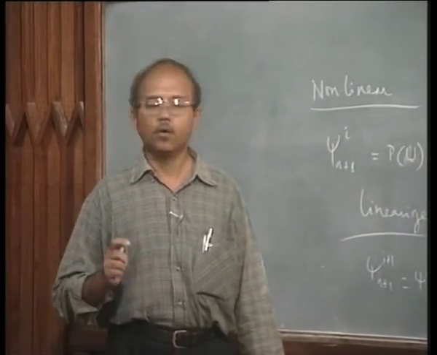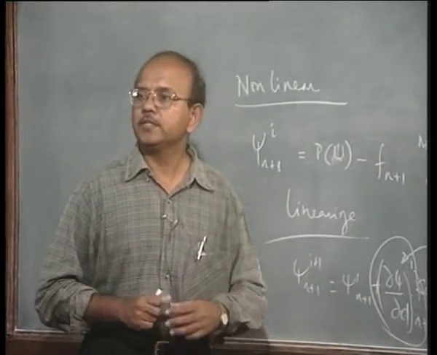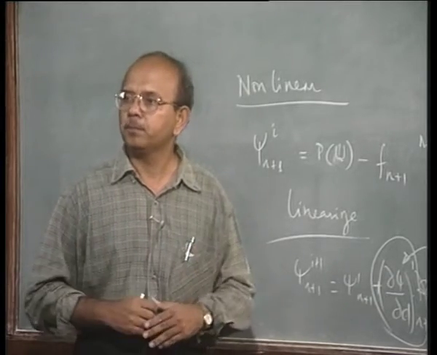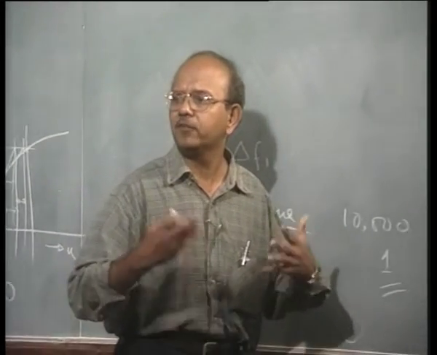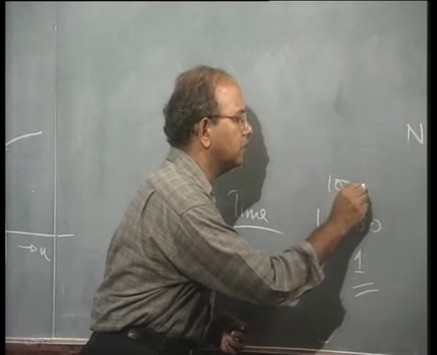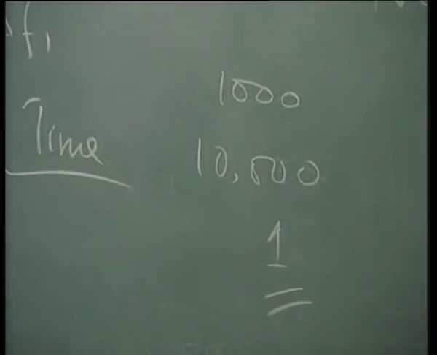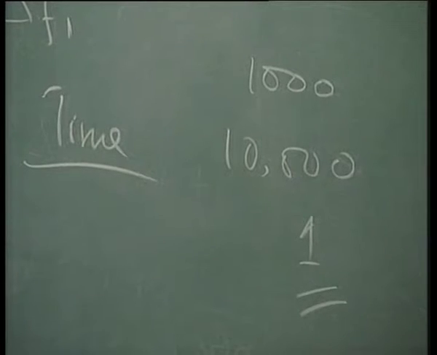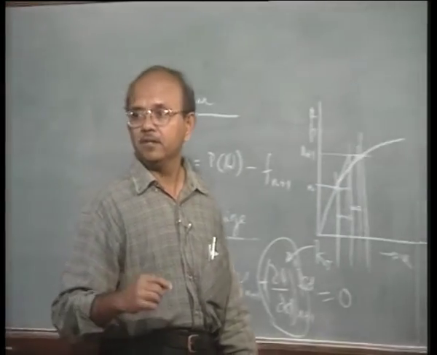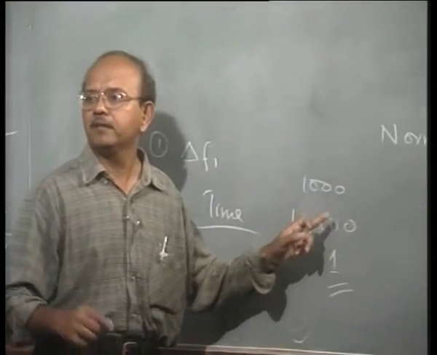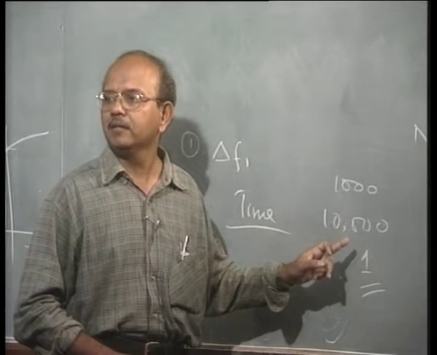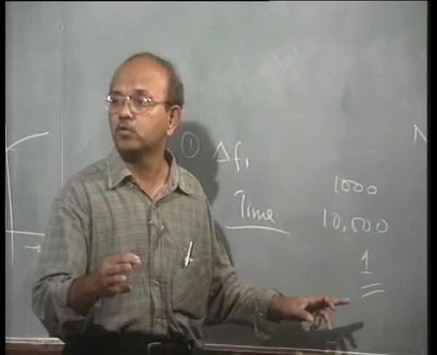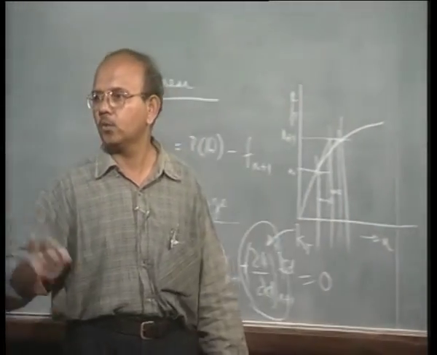Okay, now what we do is we normalize the application of load, right. Say for example, for a problem there can be a different amount of load. For a problem there can be 1000 or say 10,000 or 20,000 or whatever it is. Okay, now I want to run a general purpose program. I do not want to say for this problem apply first 100, later apply 200, 300 and so on. And then for this problem I do not want to say first apply 1000, then 2000, 3000 and so on.